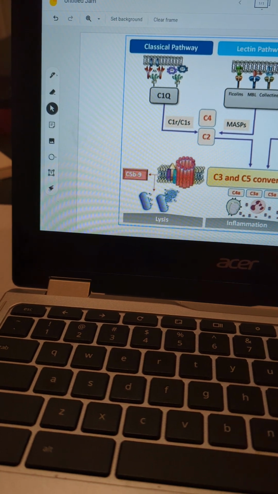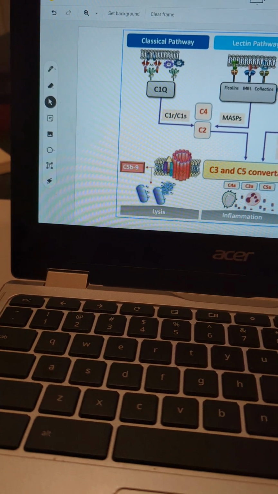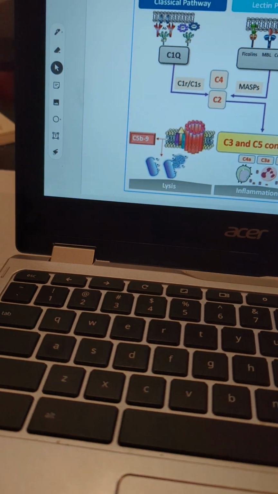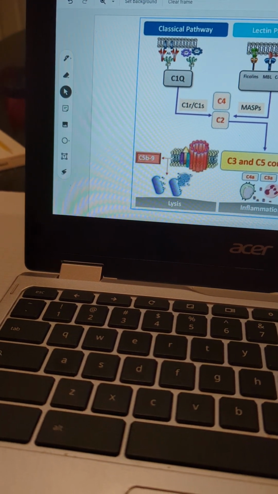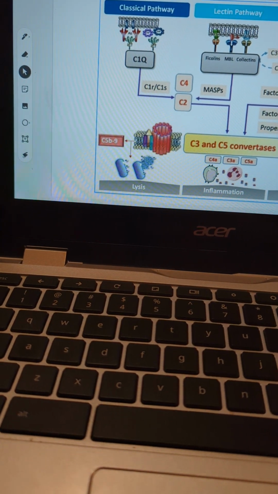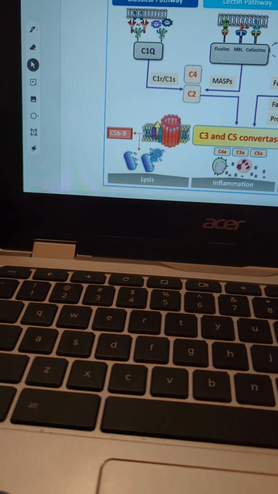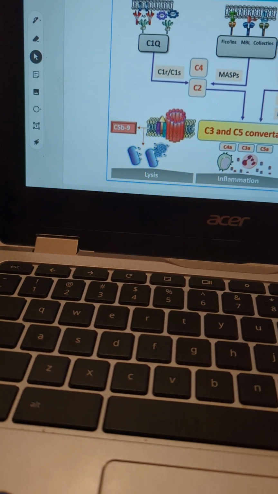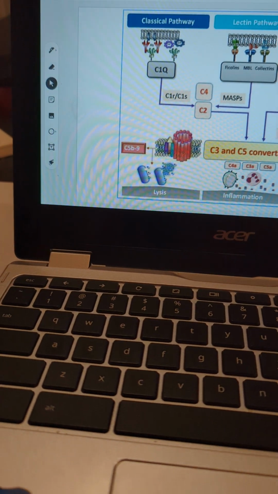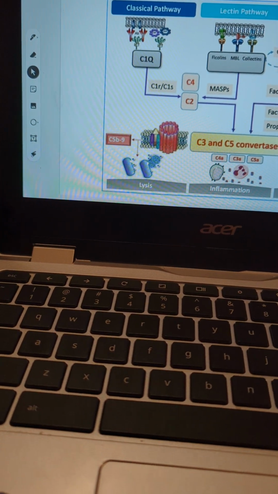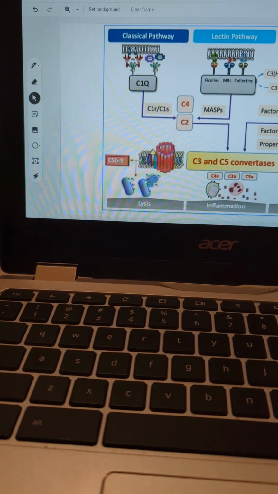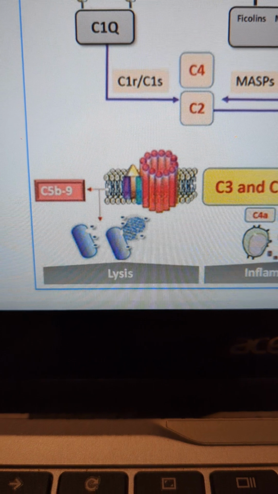C9 is a cool one, though. C9 has two different sides. It's got a hydrophobic and a hydrophilic side. The hydrophobic side is what binds with C8. The hydrophilic side is what makes the pore. We'll talk about that in a second. So C9 agglomerizes, right? What that means is it basically makes copies of itself. So it inserts itself in the cell membrane, makes a whole bunch of copies of itself, and creates this pore-like